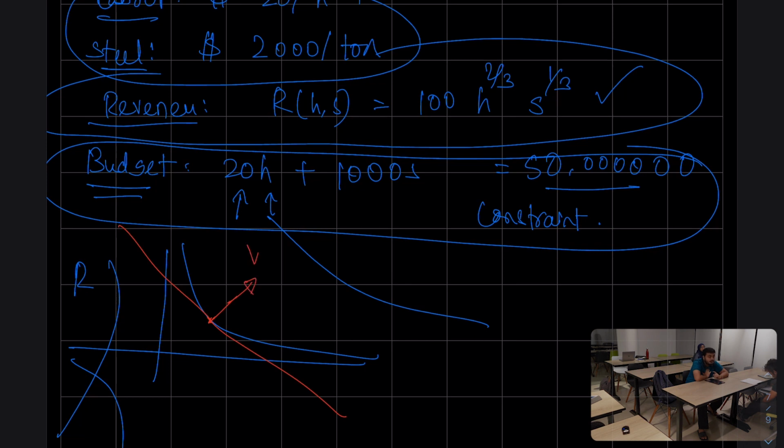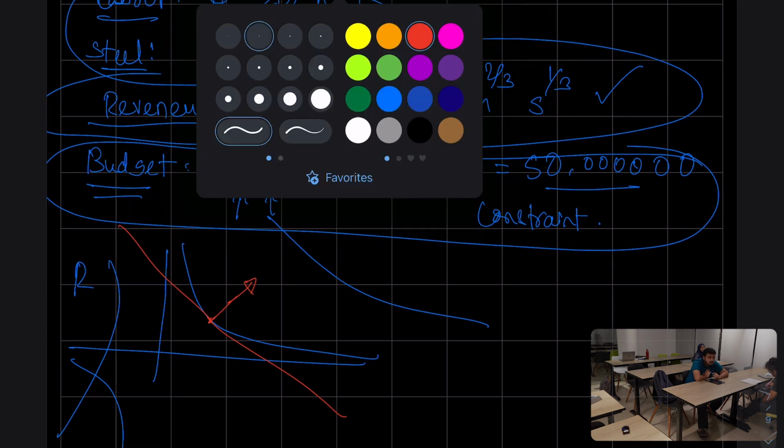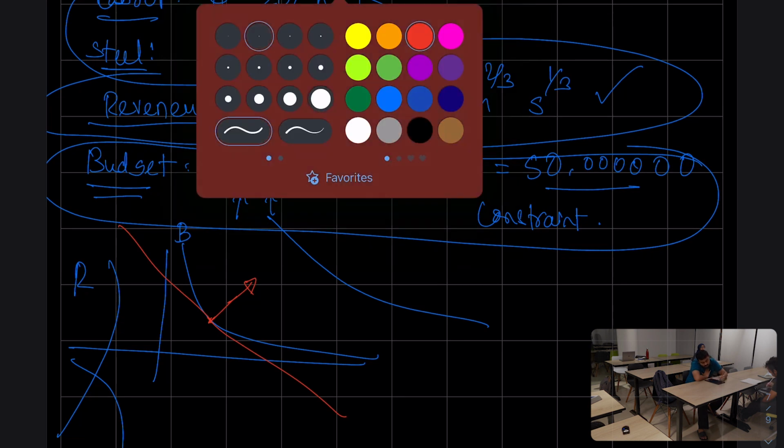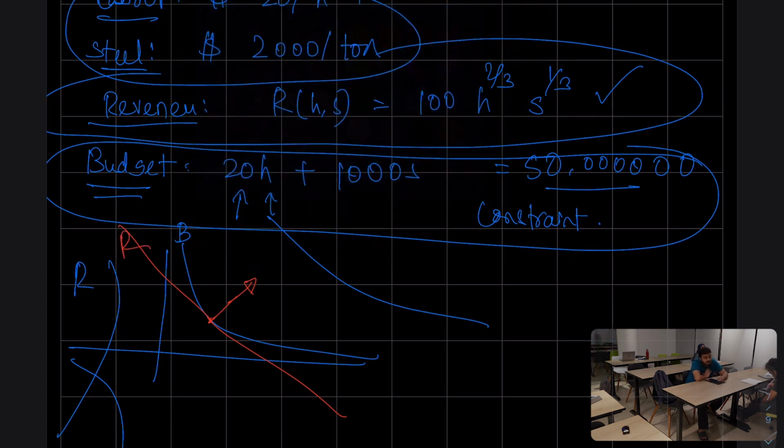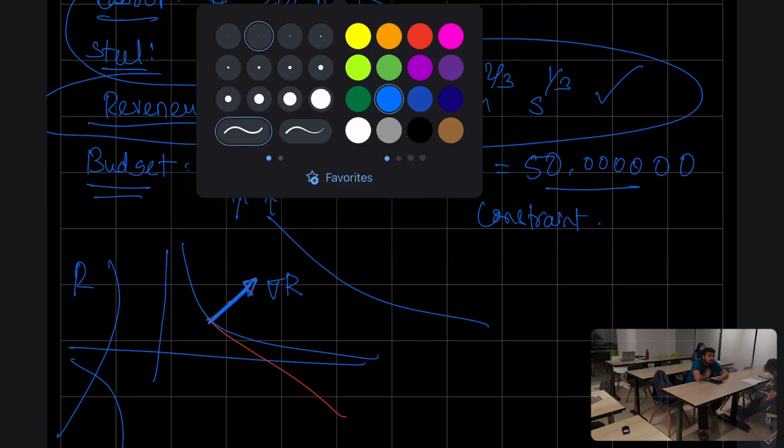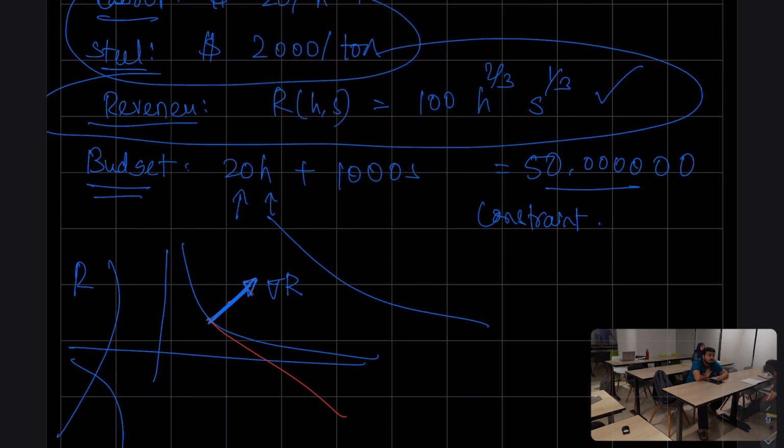একটা যদি আমি গ্রেডিয়েন্ট নিই, সো এটা আমার আর, সরি কোনটা আমার আর, আরটা হবে আমার ইয়াতে। So one would be blue color, so this is my B and this is my R. Okay, so what happens — this is a gradient to my... I'm doing the opposite. This is my line, and this is my constraint, so this is my budget, and this is my revenue. So আমার revenue এই যে কার্ভটার এই পয়েন্টে আমি একটা